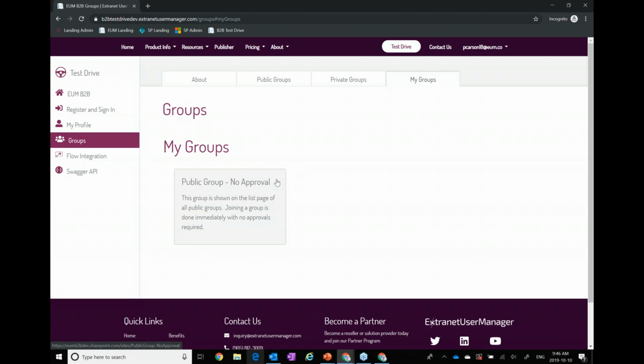So I can see here that I have now membership in this public group, no approval. So it's an easy way for people to discover what groups they belong to and navigate to those sites. And then we've got the concept of private groups. So I mentioned the